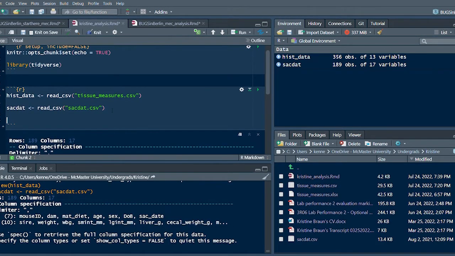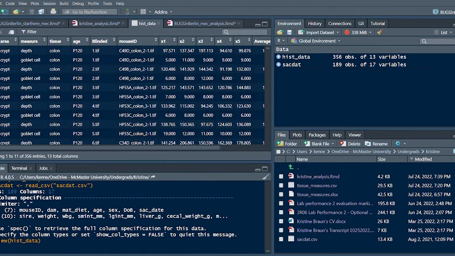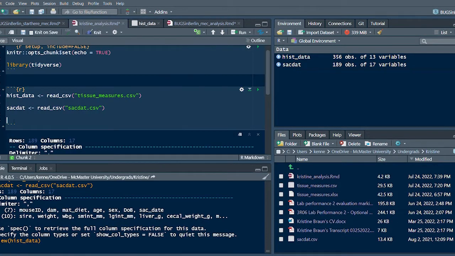And then, if we look at our histdata, the mouse ID column doesn't actually just have the mouse ID. It has the ID and the section, so colon or ileum, which section that was from, and .tif. So I want to just get this first bit out of that column. So to do that, I can take histdata and